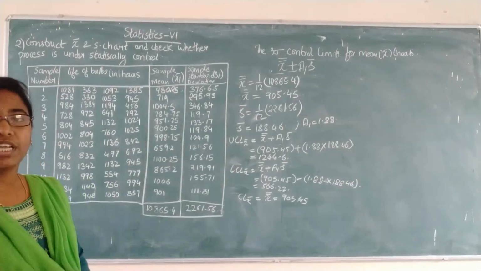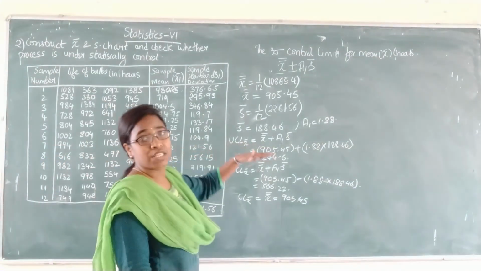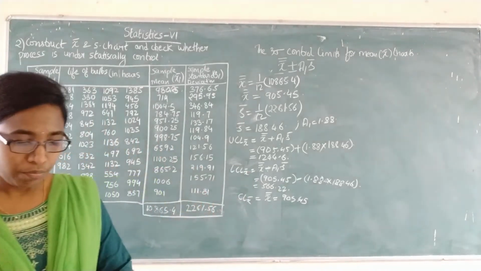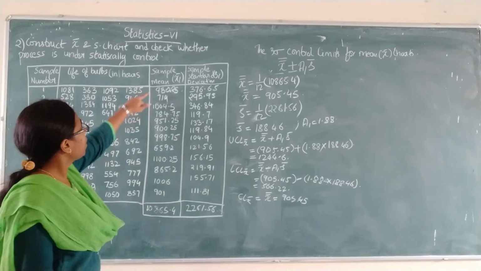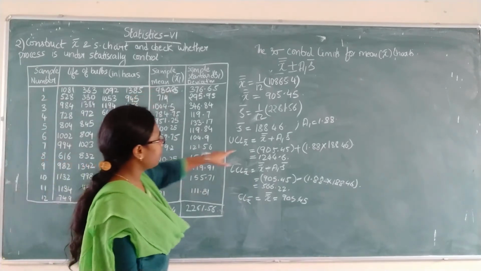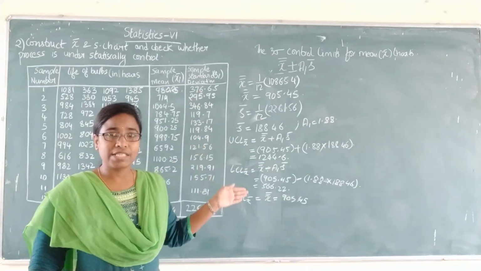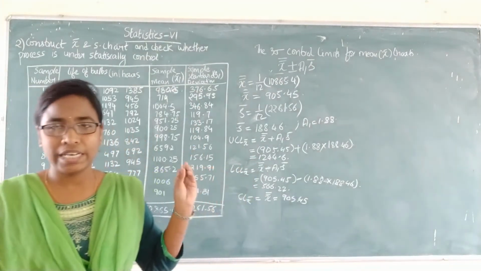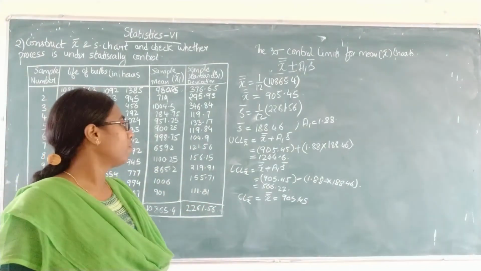Now construct the chart for the mean chart. On the x-axis you take the sample number, 12 samples. On the y-axis, see the values. You have all the big values, right? You have up to 1006, and you have to check the UCL also, which is 1244. So on your y-axis, your value should go up to at least 1250 or 1300. If you take the scale as 100 on the y-axis, then it will be easy for you.